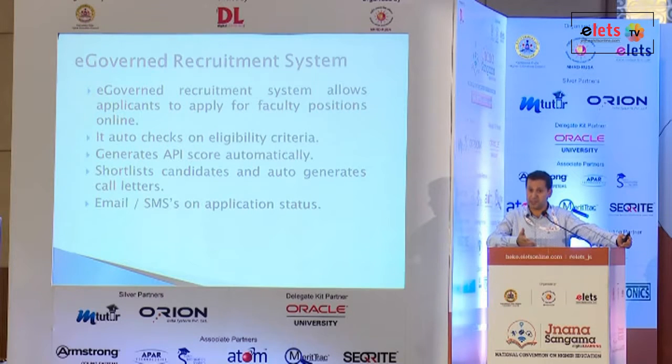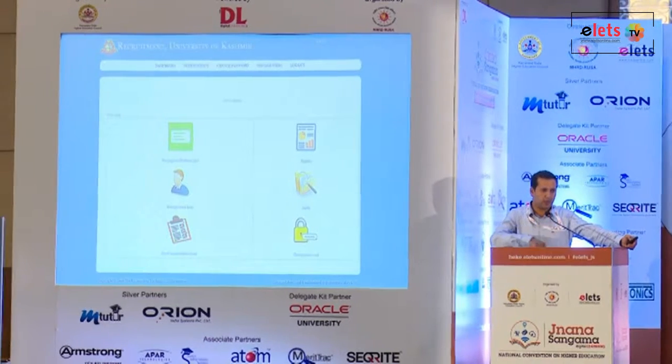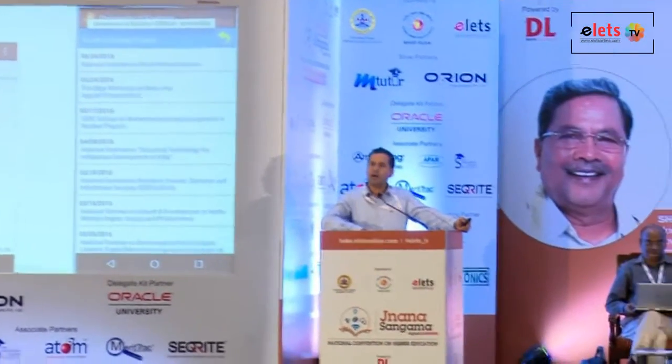Then we have the recruitment system, as I said, everything in terms of API score generation, shortlisting of candidates, sending of SMSs to the shortlisted candidates. It happens through the same system. It does not take months for a screening committee to do a first level of screening for faculty positions. This is a screenshot of the e-recruitment system and shortlisting, admin side of this. After all these services rolled out, we have a mobile app in place where, for the University of Kashmir, any result uploaded on the university web portal through the e-governance examination system can be viewed. Student services like migration, re-evaluation, everything can happen.